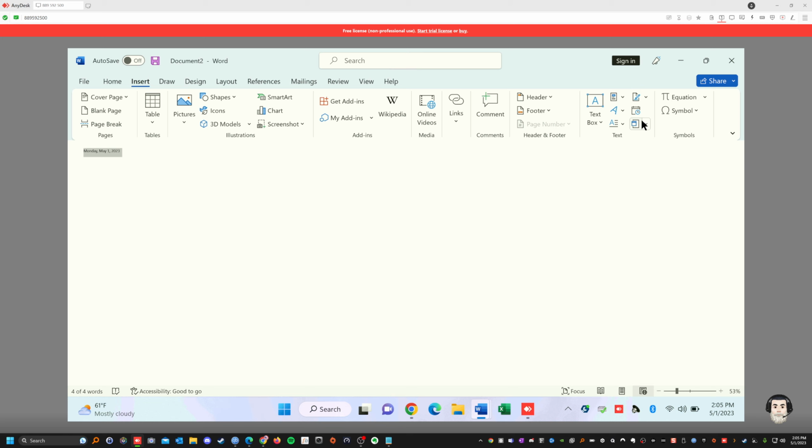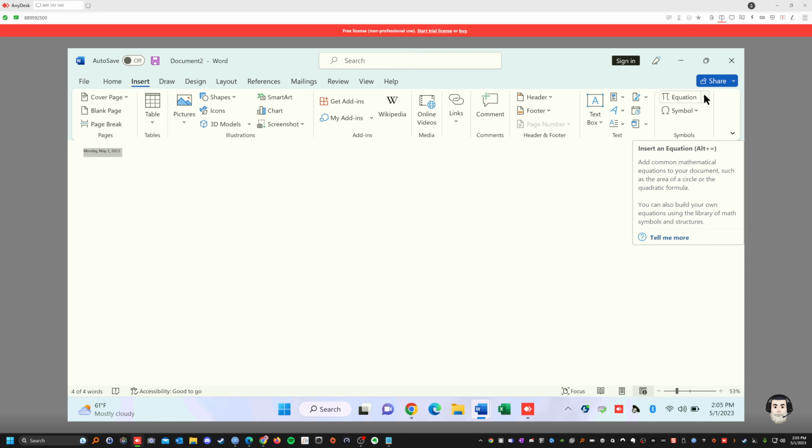Okay? The next one is called an object. Obviously, insert an embedded object such as another Word document. Like if you have a chart from an Excel spreadsheet or whatever, just copy and paste it and put it here. Okay? That's for text. Next one's equation, for math. That's if you want to do an equation.